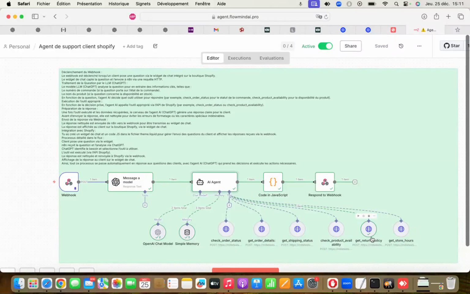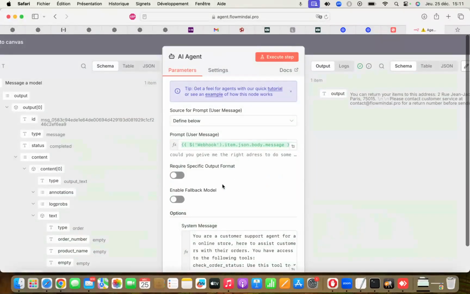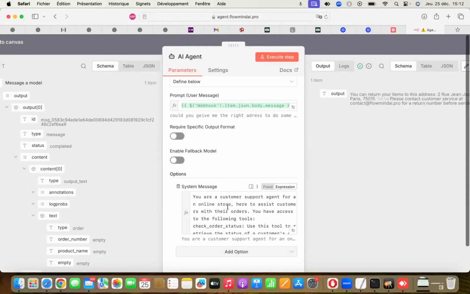And once the return policy is returned, the AI agent decides what response it should send back to the user. So it is based on the message or question asked by the user, which is retrieved from the webhook, and then using the system prompt that defines the customer role, and letting the AI agent use the right tool